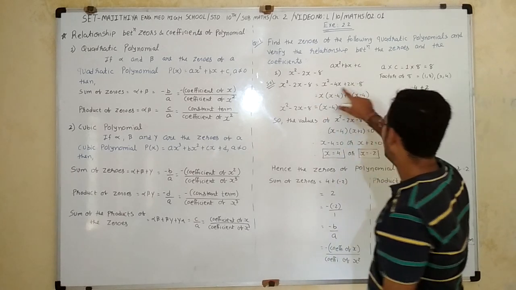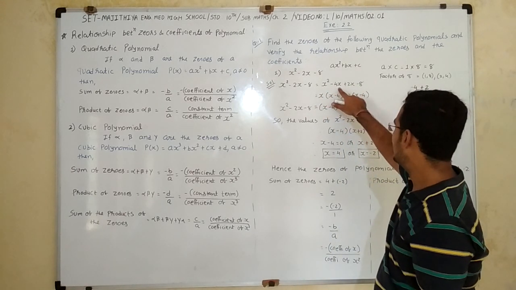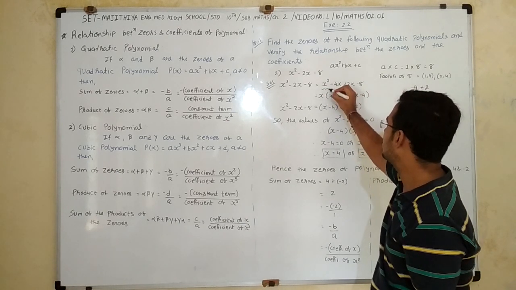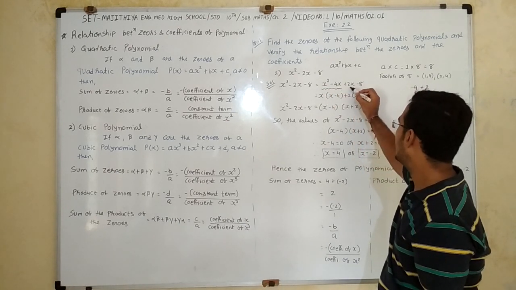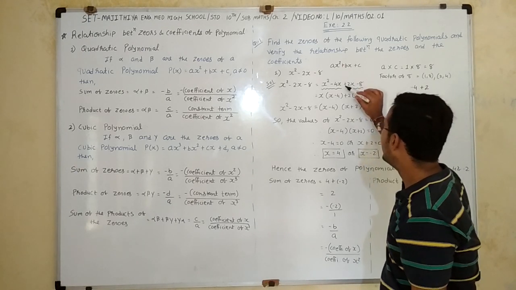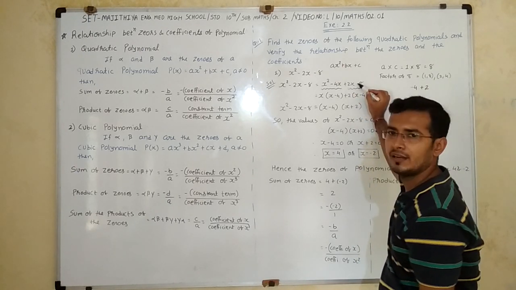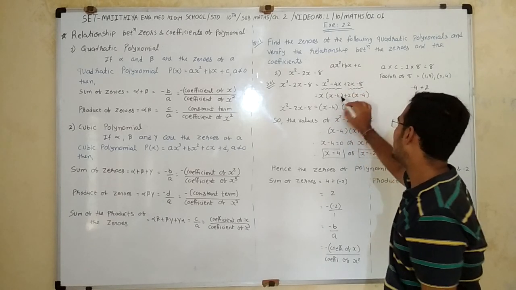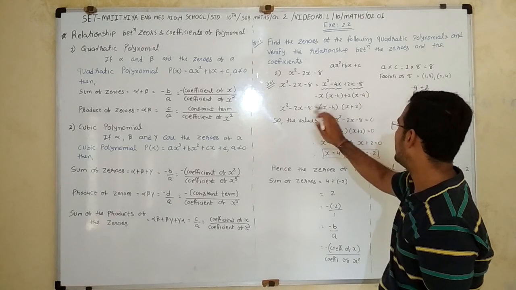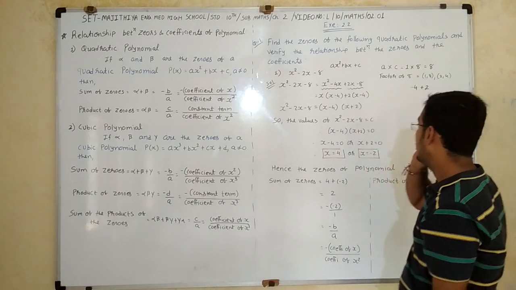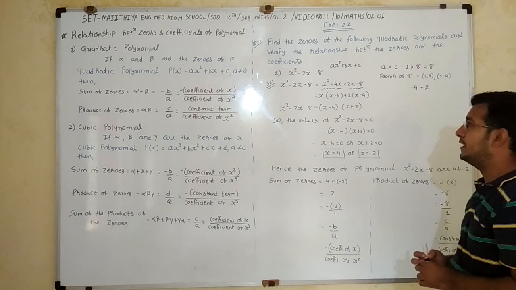So here I write x square minus 4x plus 2x minus 8. Now in these two terms, x is common, and in the other two, 2 is common. This sign stays as it is; if it is negative, you have to change the sign also. Here it is plus, so it stays as it is. So x common, I get x minus 4, plus 2 times x minus 4. Now x minus 4 is common, so I get x plus 2. So now you know how to find zeros.